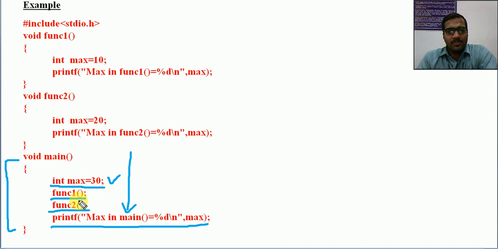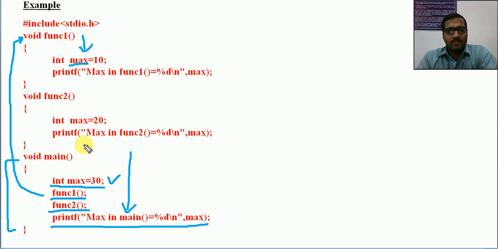Now if you call this function 1, what will happen? It will go to the function 1. This is function 1. So what will happen to function 1? Inside the function 1, what we can see here, again I am declaring a variable int max is equal to 10. So I am giving the same name here, but this max is local to function 1.